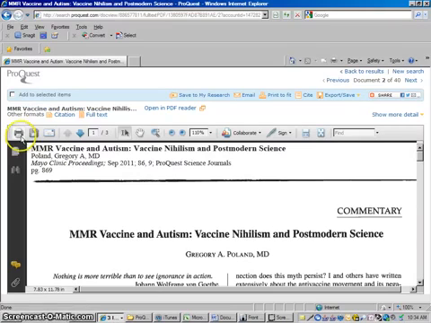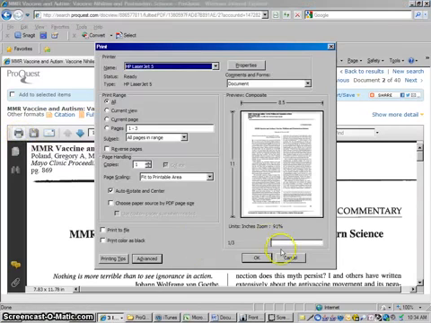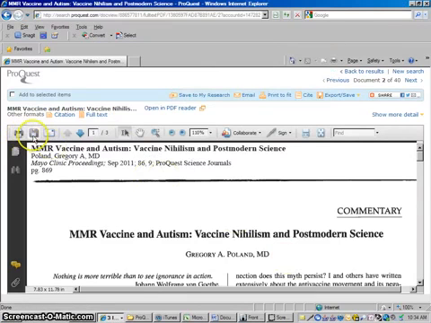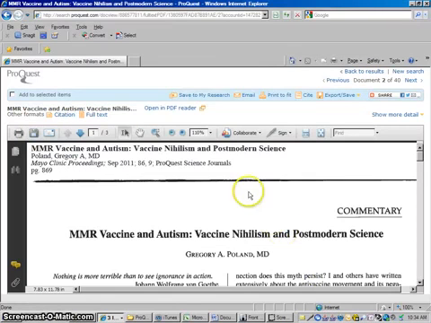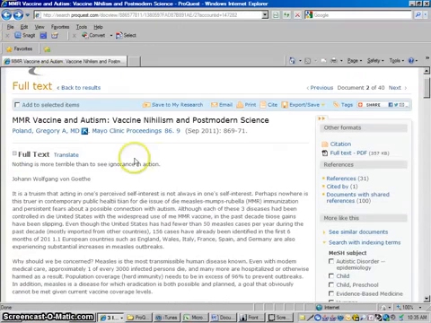If you want to print it off, you click print here. You can print it off. You could save it by clicking that disk and save it somewhere. You could save it to a folder within this database. You could email it to yourself or email it to your teacher. Let me go back here to the original citation they brought up. So there's all the things we can do with this article,